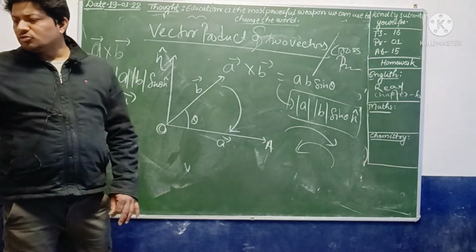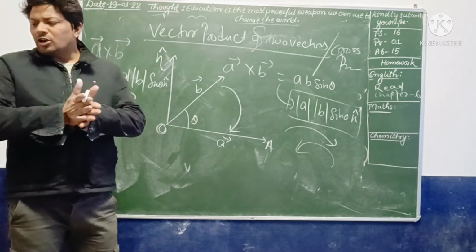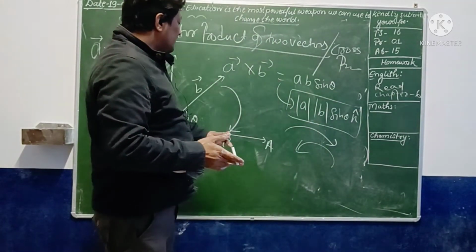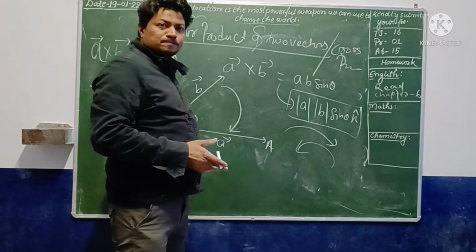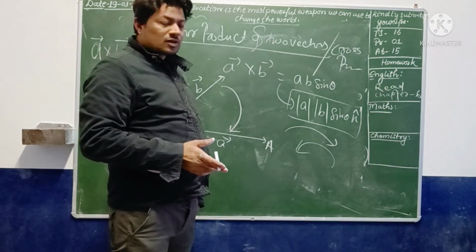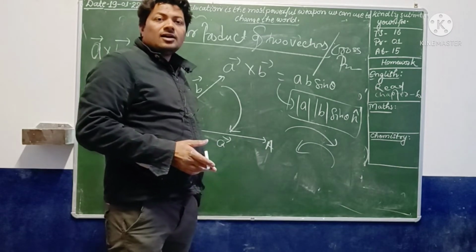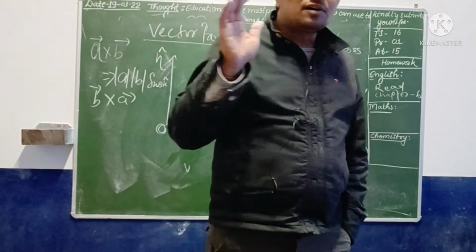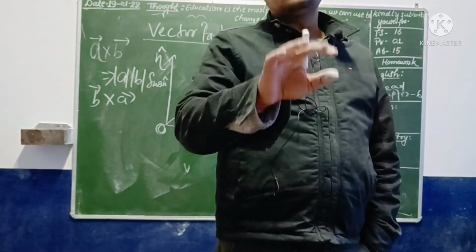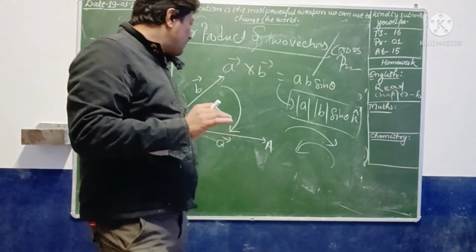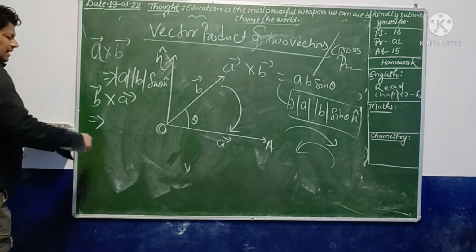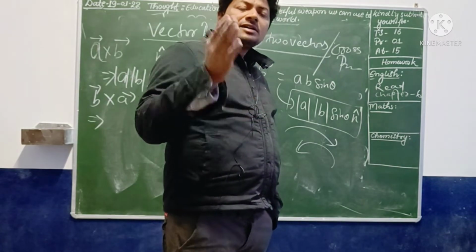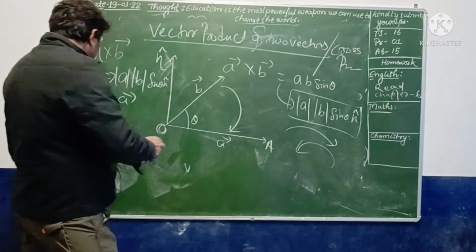Now you are going from B to A. If you go from B to A, then what do you have? You were going this side from A to B. Now you are going from B to A, coming from B towards A. So what will the theta be? Theta will be in negative form. The sense of theta will be negative. If the sense of theta is negative, so what will happen? If you are going from B to A, that one is B cross A, modulus B multiplied with modulus A sine minus theta. Is it clear?